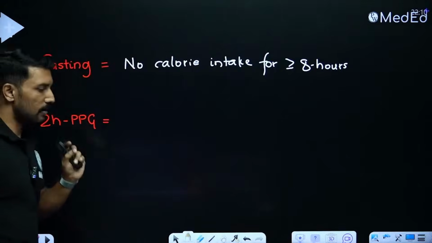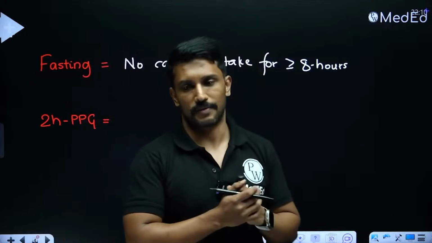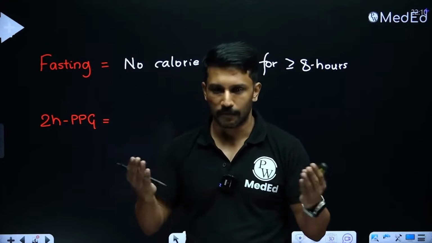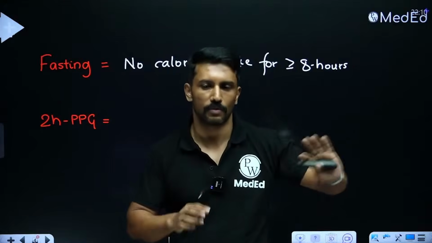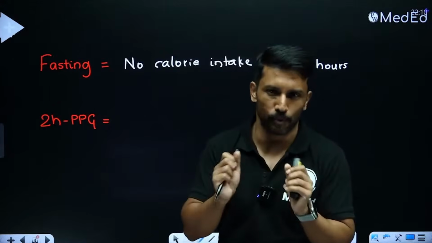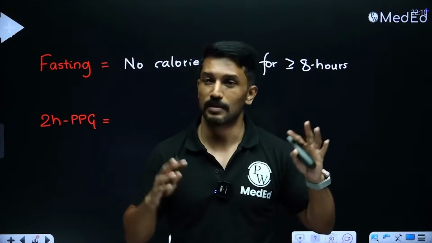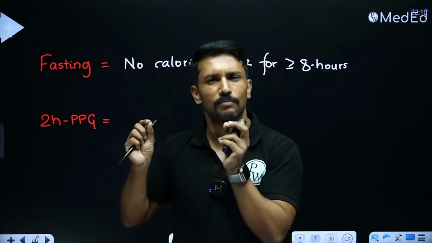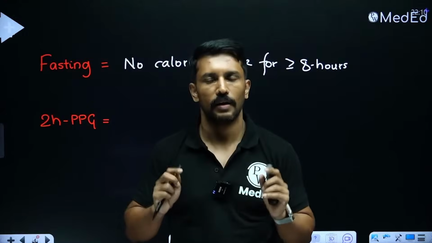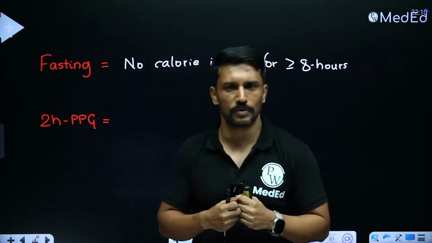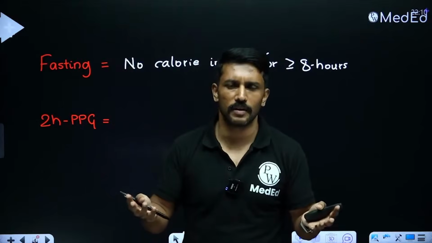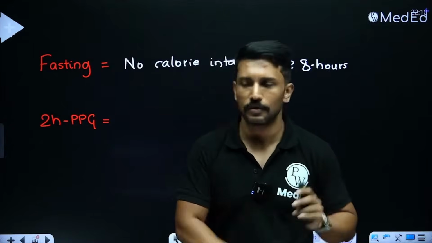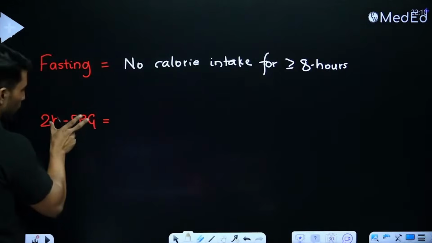What about the postprandial glucose 2 hours after the meal that we are going to check? Don't you think the carbohydrate content in the meal is going to influence the blood glucose level? If I get 2 patients and ask them to get the postprandial glucose levels done, one patient goes and has a box of sweets and some juices, Coke and all. The other patient goes and has some low glycemic index salads. When I check their postprandial glucose values, do you think both of them will show similar readings? Of course not. The diet influences the glucose values. So even this 2-hour postprandial glucose has to be standardized.